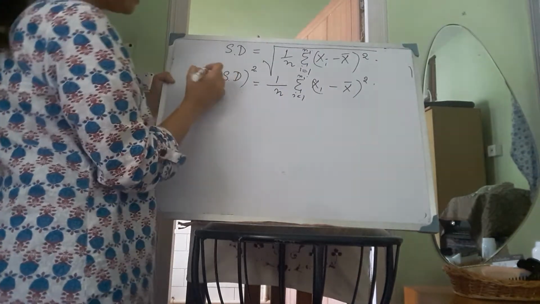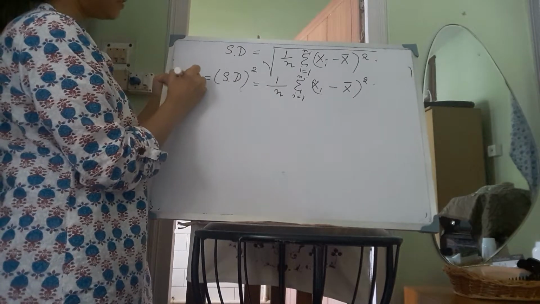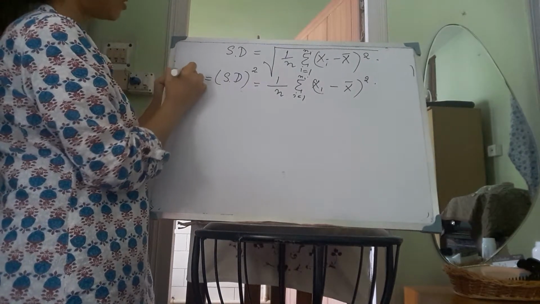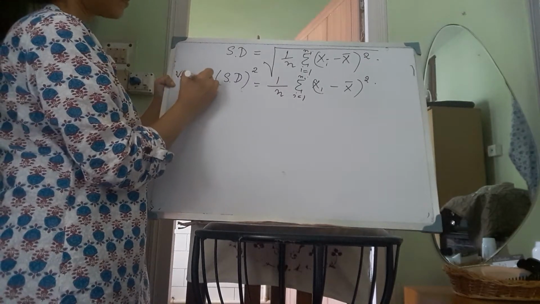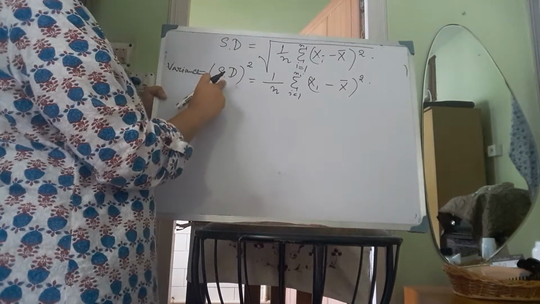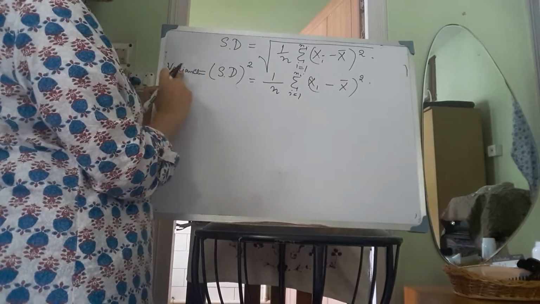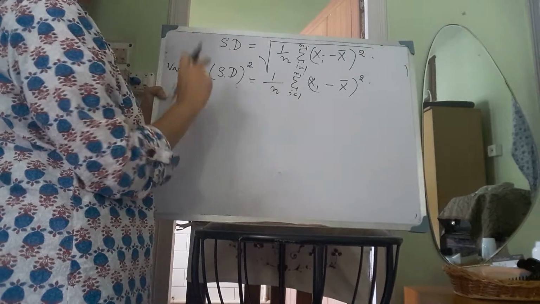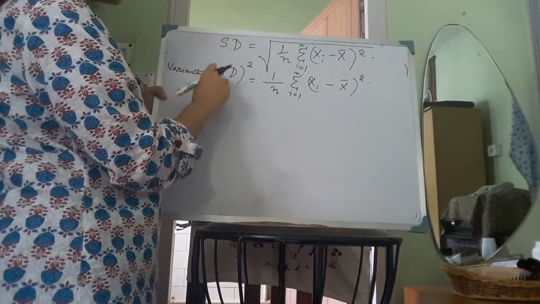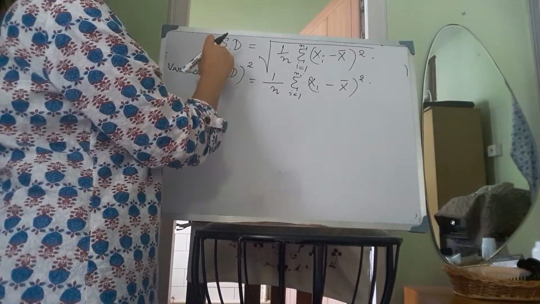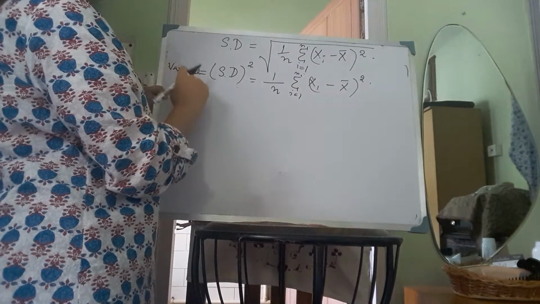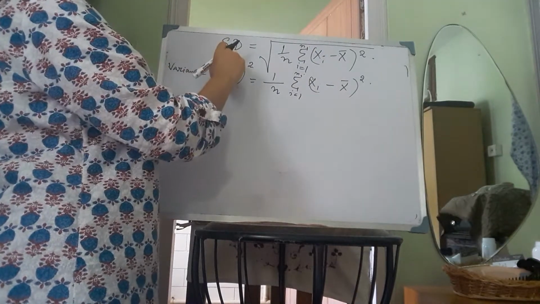Standard deviation square is basically the variance of the variable. So the square of the standard deviation is called variance. If we have the value of standard deviation with us, then we can find the variance by taking the square of that value. So variance is equal to the square of the standard deviation. If the formula for standard deviation is under root of this expression, then for getting the variance we have to take the square of the standard deviation.